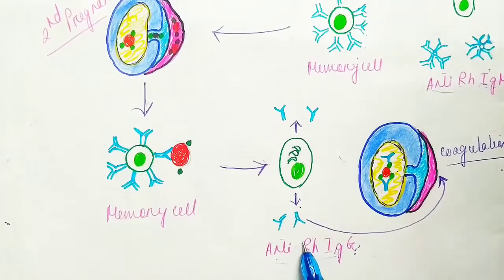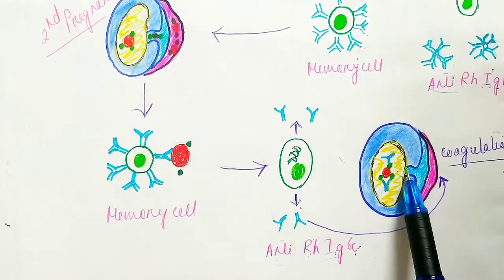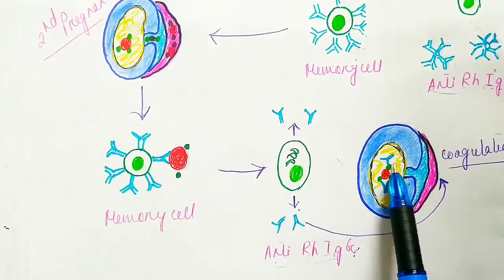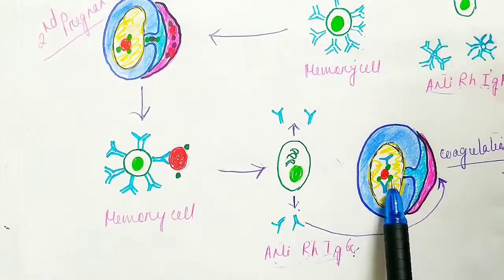Due to their smaller size they can penetrate the wall of the placenta and enter into the bloodstream of the fetus,